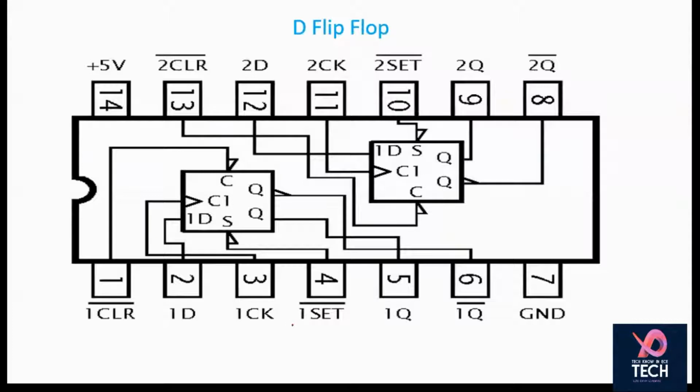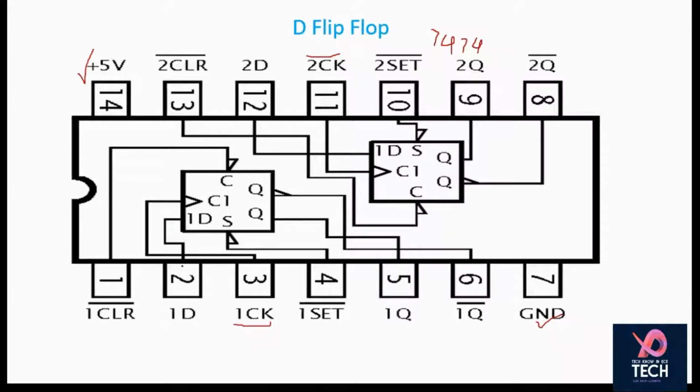So this is the pin diagram corresponding to your D flip-flop. It is the 7474, and this is being extensively used. Here you can see this is a 14 pin IC with pin number 14 for positive supply, pin number 7 for ground, and it actually has two D flip-flops. This is the first set, this is the second set, and the clock is there. This is the first clock and this is the second clock. So all the functions are for both the flip-flops.